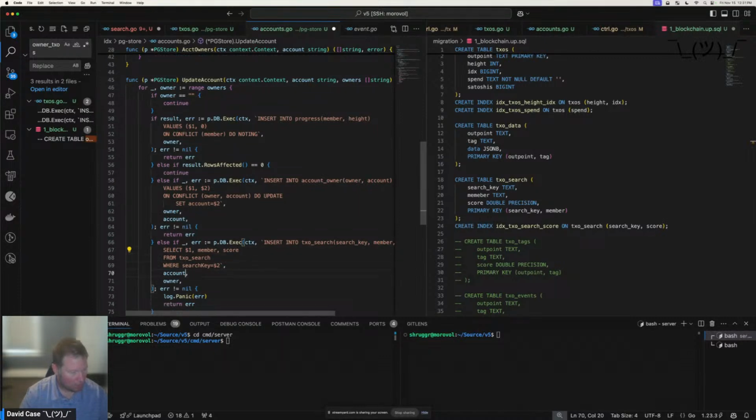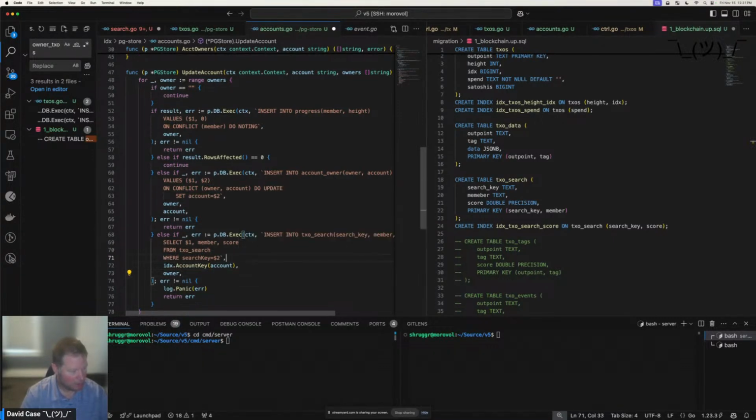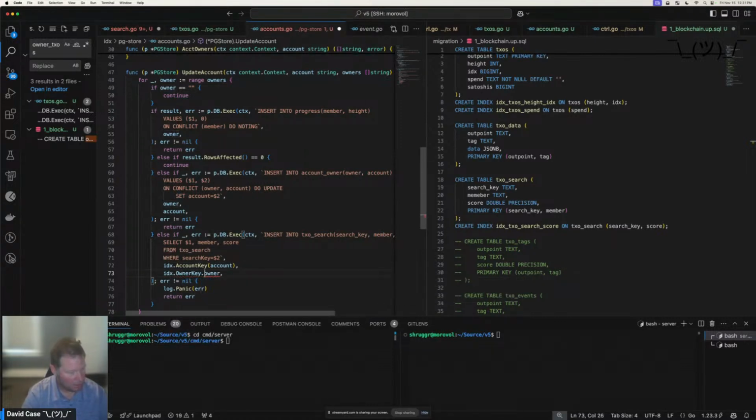Okay, so what I'm setting here is going to be idx.account key account, and where the search key was idx.owner key of owner, and I need to do an on conflict